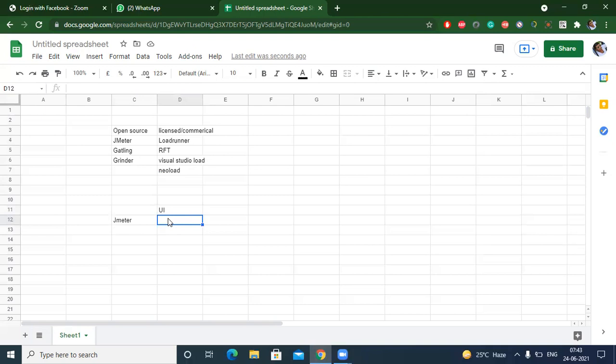With a tool like Selenium, you have to write the code. With JMeter you don't have to; you can use existing components available in the UI. So any tester, manual or automation, can use it. If it were only coding, a manual tester may not be able to do it because they would need to learn coding.